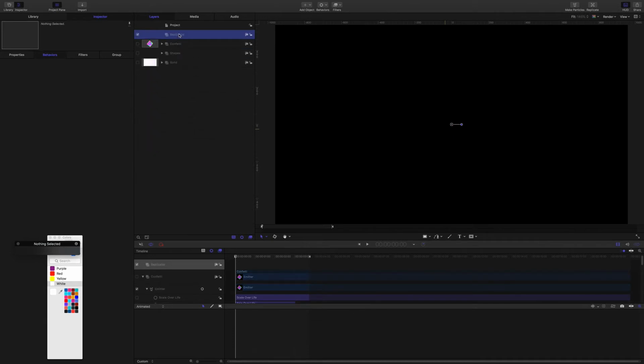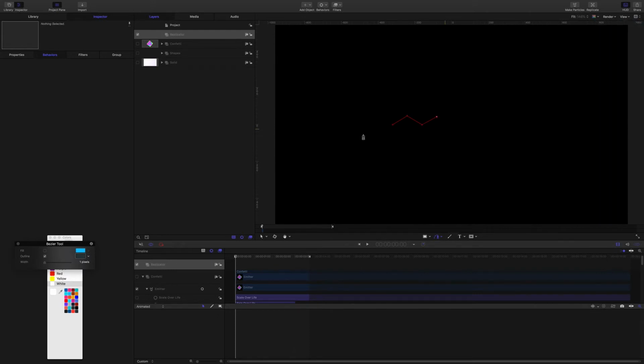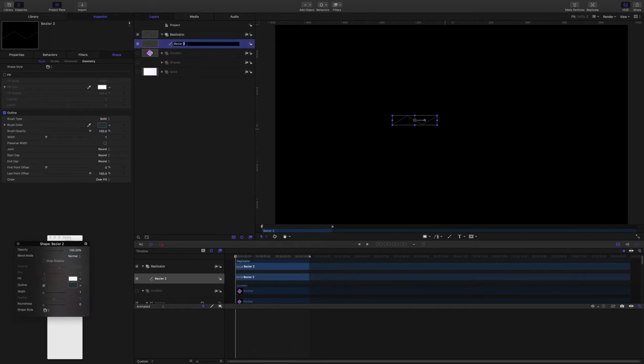So with this replicator group selected, I'm going to turn on the grid view and grab the Bezier tool here, the pen tool, and just click in here and come up and down to the same point in the y-axis, and then up again here. I'll just turn off the grid view and select that path I just made. I'll rename it to